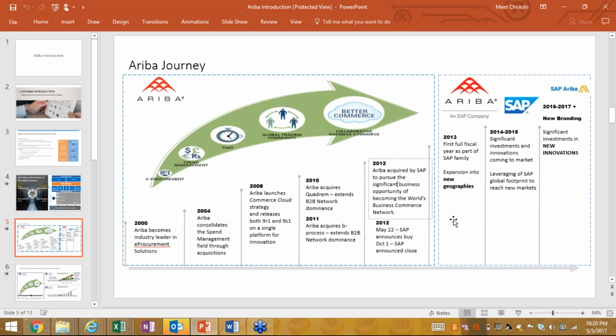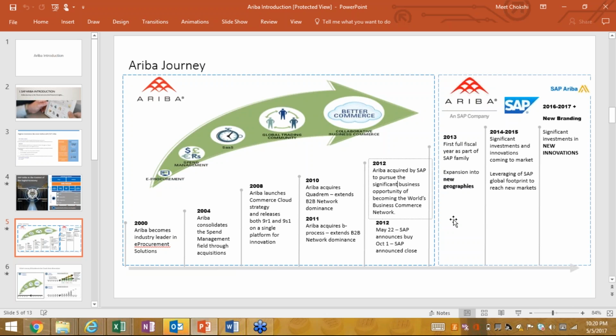I think for the next 3 years this would still be very hot in the market because it is still an evolving product, right? As we speak, we have a lot of new things coming with this product, new functionalities, new features, so everyone wants Ariba to be like SAP.